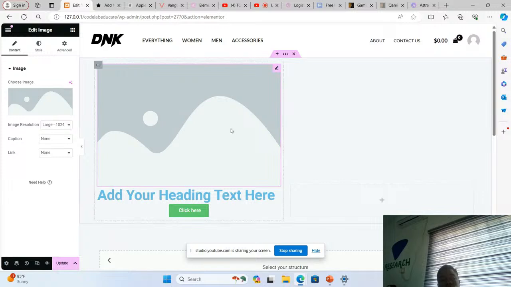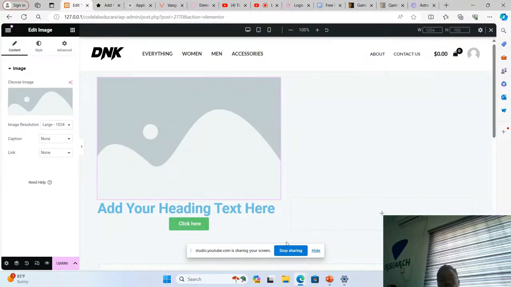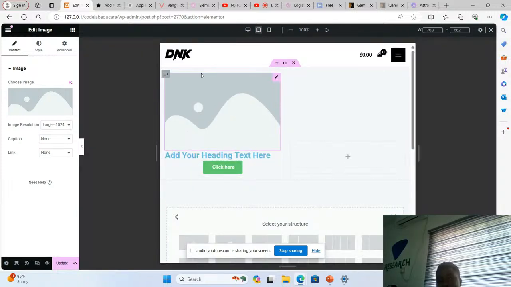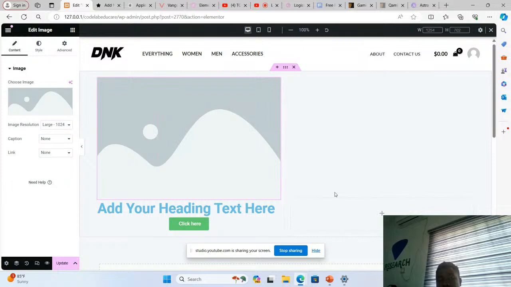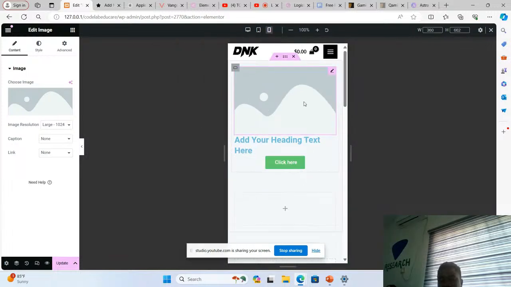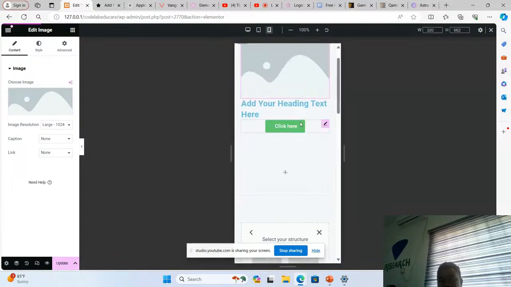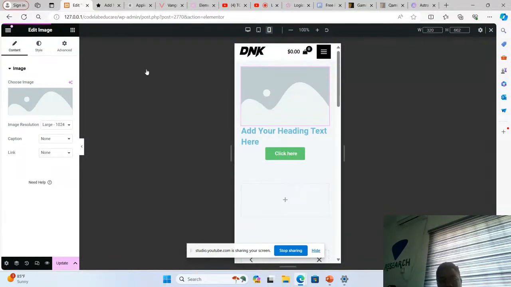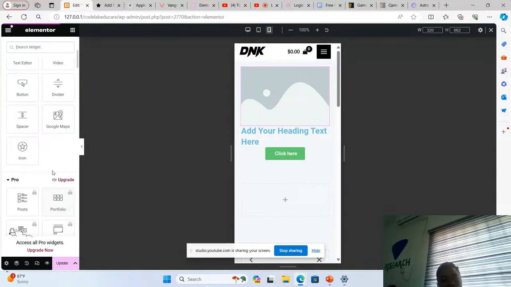Yeah, and now this has what we call the responsive mode. Now the thing is, you might do the design here and it might look good, but if you switch it to your tablet view, it might not look good. So it gives you the functionality to make an adjustment on the desktop view, tablet view, and phone view. Very simple and easy. So we have a lot of widgets here. So what we just need to do to update, when you are done,